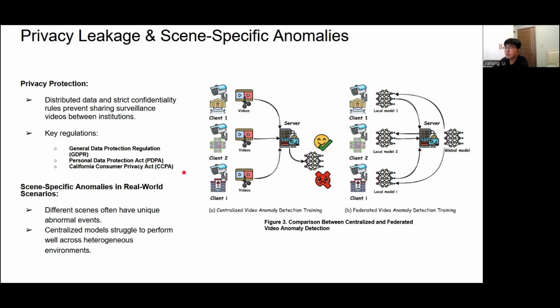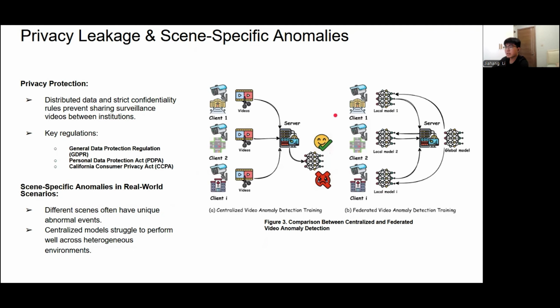They train a single model to handle many diverse scenes, but in reality, surveillance data is managed by different organizations, and privacy rules make it difficult to share data between them. This not only limits our ability to build truly general models, but also reduces how well these models perform in real applications.